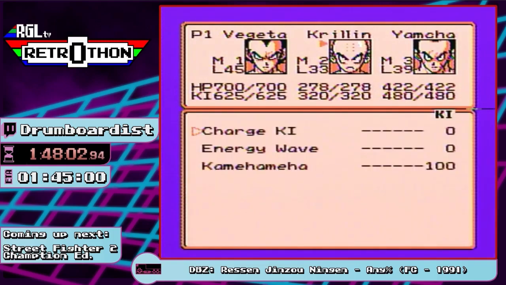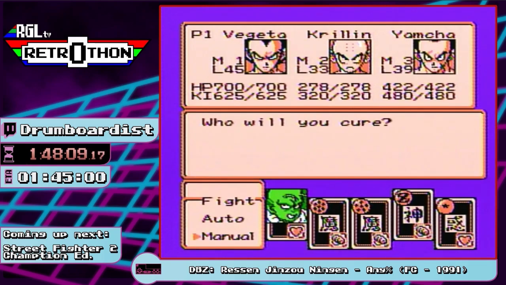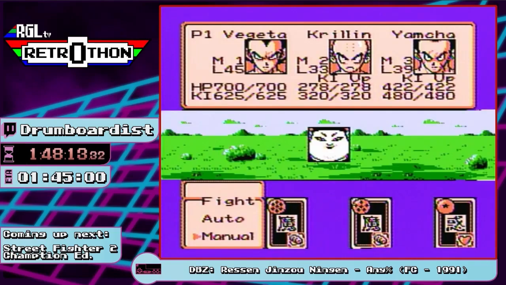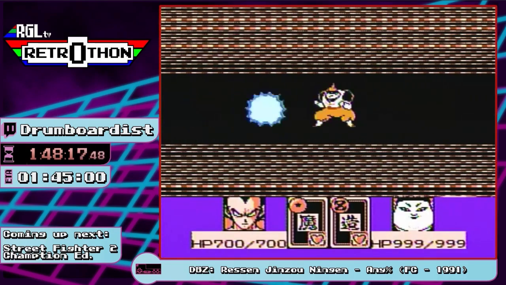And Veggie's just going to show up, and looks like I'm a size 19. I should probably just be chucking stuff at him. It's not really going to matter right here. Although Yamcha did get all that experience from surviving the Kula fight. And, oh,